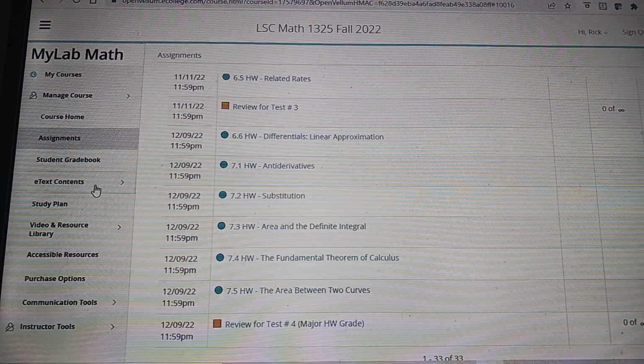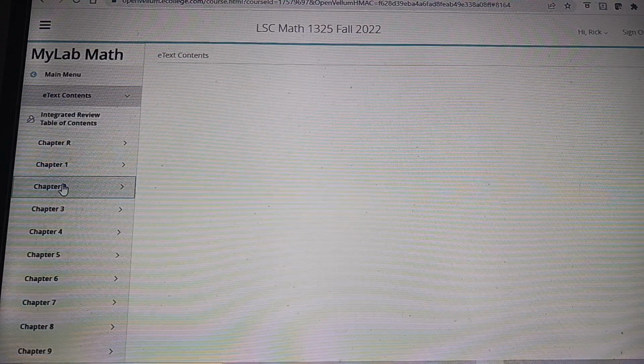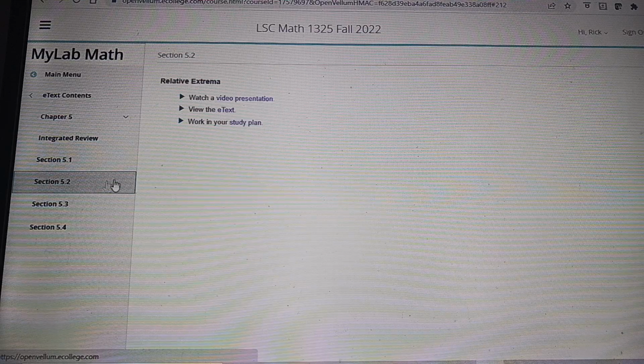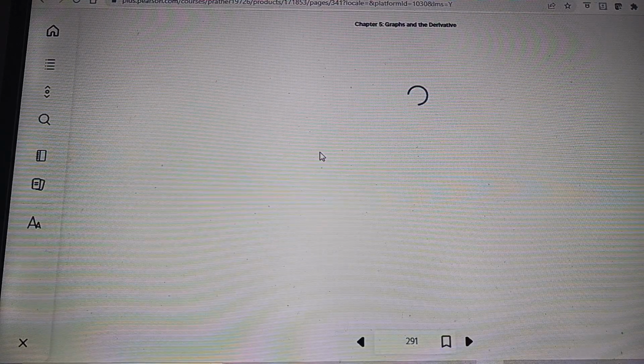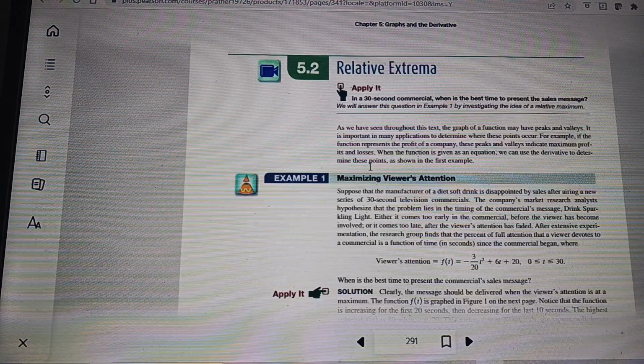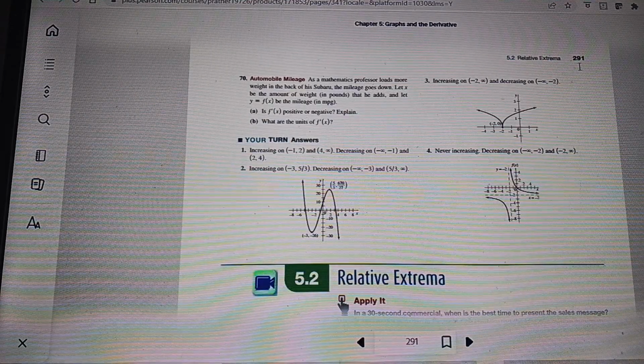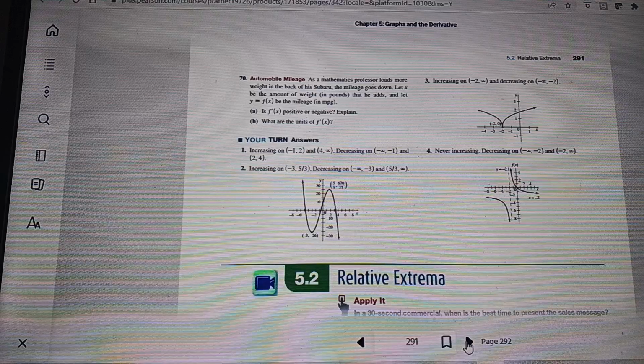Also, if you go to the e-text, chapter 5, section 2, I got stuck, not really stuck, but I missed the end of that problem number 9. So since that last video, section 5.2, I went into the textbook here, and on page, this is page 291, if I go forward to 292,